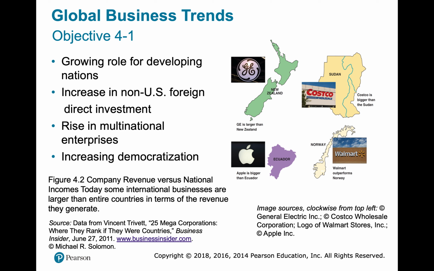All right, so let's keep moving. So like I said, hold on. There we go. All right, so there's some trends that your book discusses. Okay, there's four primary trends. So first, there's a growing role for developing nations. So what we're seeing, and this is all